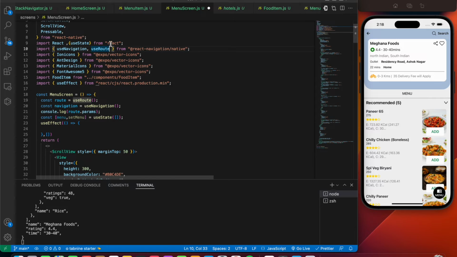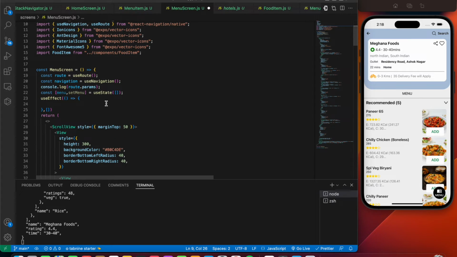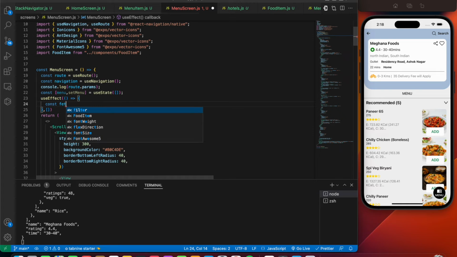So over here let's remove this one and write use effect correctly. So whenever we come to the menu screen, this use effect is going to get triggered, and it's only going to run once because we have passed an empty dependency array. So inside the use effect, we're going to initialize a function and call it once the menu screen loads. So we're going to say const fetch menu equals to